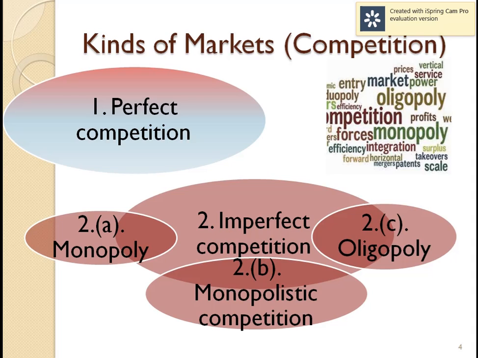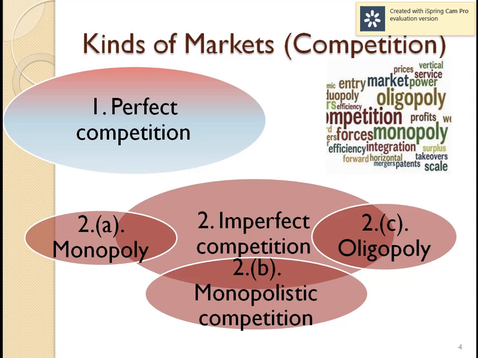First kind of market is called perfect competition, which actually never exists. I'll tell you why later in the class. Second kind of market is called imperfect competition, where there are subcategories called monopoly, monopolistic competition and oligopoly. First let us divide the market into perfect and imperfect, and later we shall divide monopoly, monopolistic and oligopolistic market in the future classes. What is a perfect market?